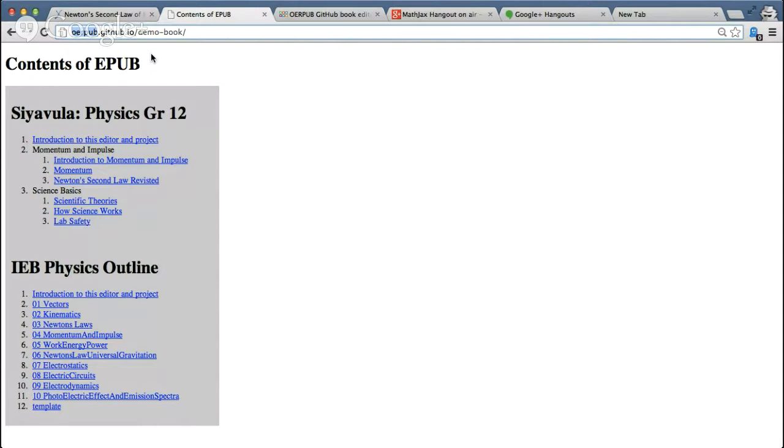So as you make changes, if the default branch you edit is gh-pages, then GitHub will automatically update the website, so you can go and view books. Where did I put it? Oh, Phil Schatz/EPUB.